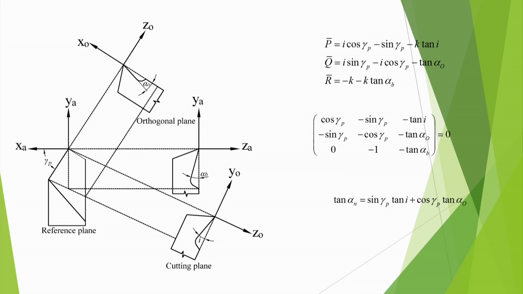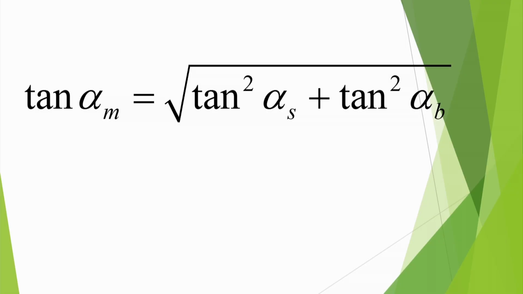You can, I think, appreciate. I am taking the projections. I am seeing the height of the points in one plane, and I am seeing what happens in the other plane. By that way, I have done the derivation. There is a relation between alpha m, the side rake angle and the back rake angle: tan alpha m is equal to under root tan square alpha s plus tan square alpha b. That means in maximum rake angle, this is the relation. So simply, suppose there is only slope in one direction, side rake angle, but alpha b is 0, then that is the maximum slope.